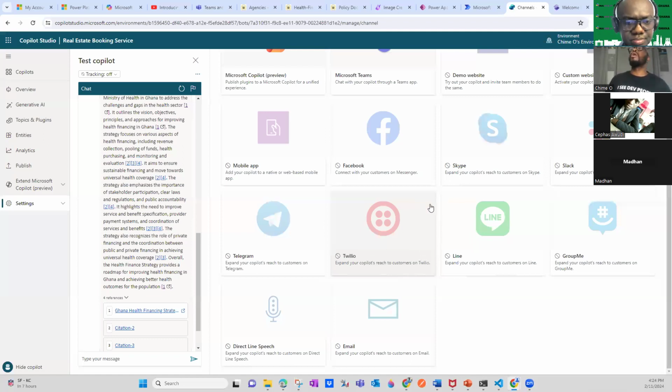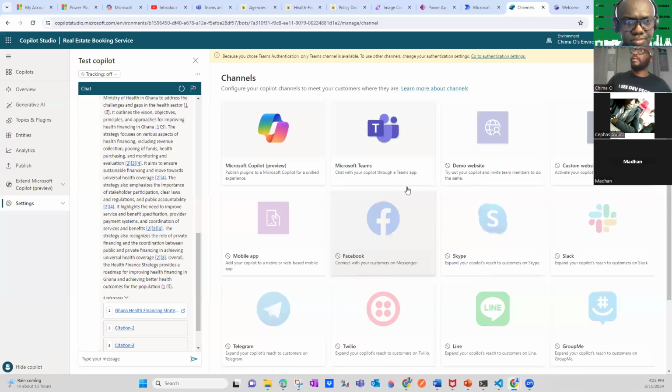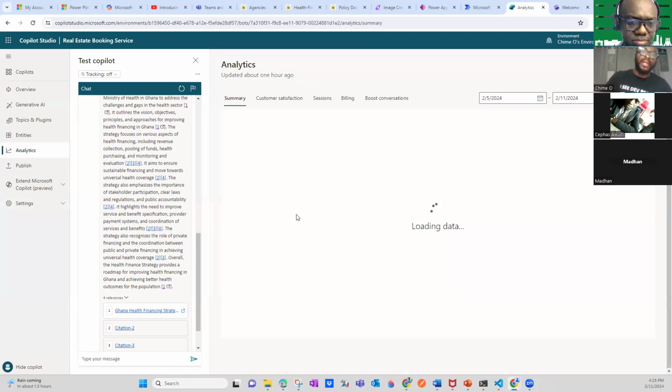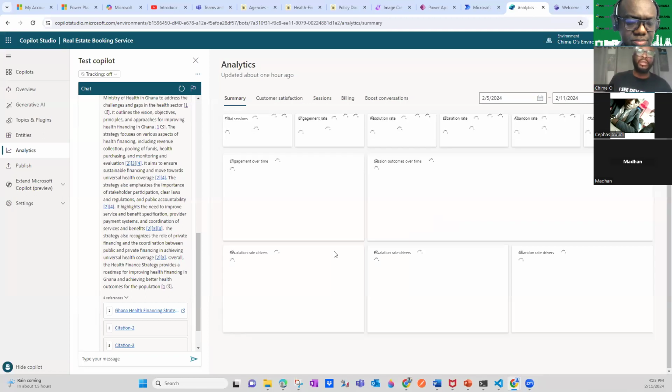Okay. So creating your own bot using generative AI, you can just go in and publish it to a particular channel. There's analytics behind them too. Like a summary, this is a Power BI that is embedded into Copilot Studio. You can get data like customer satisfaction, where your users are, where they are clicking, what topics they are always asking questions about, and how the bot is interacting with your documentation and your topics.